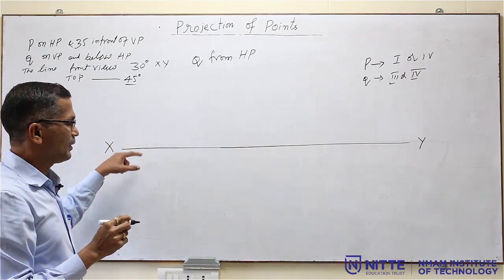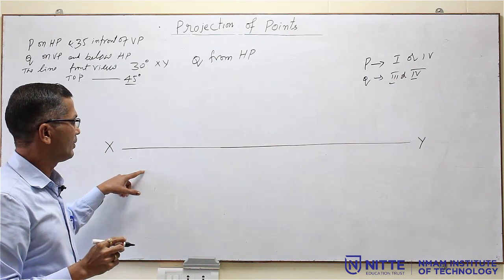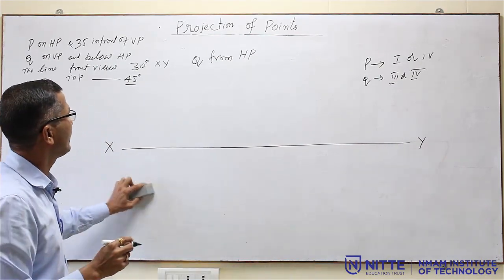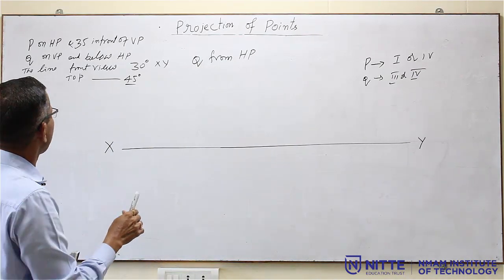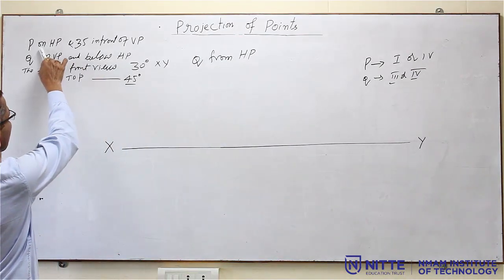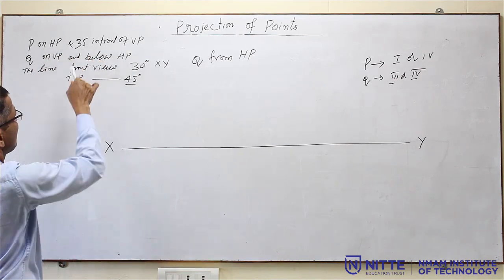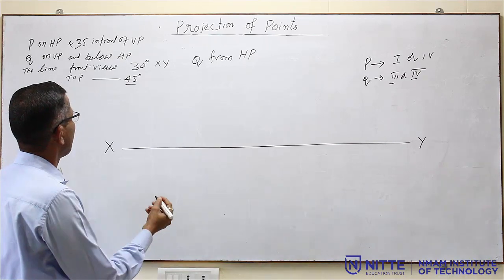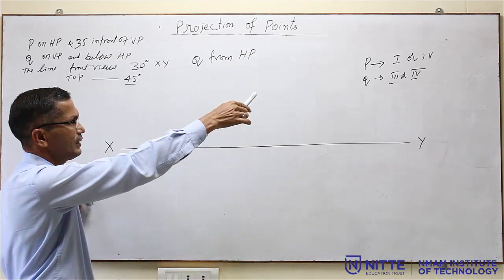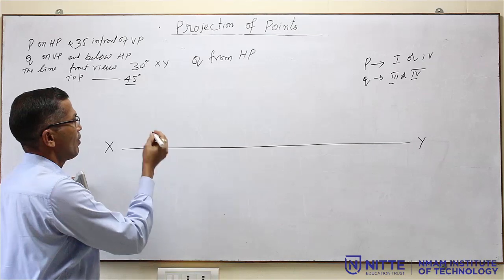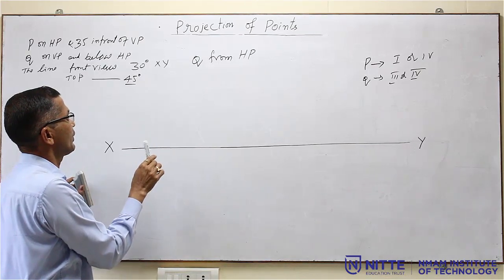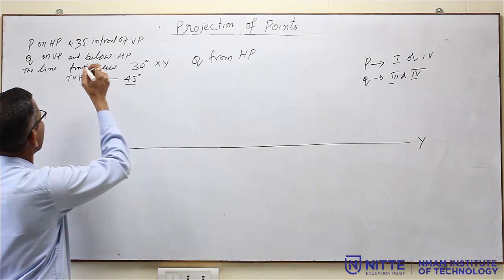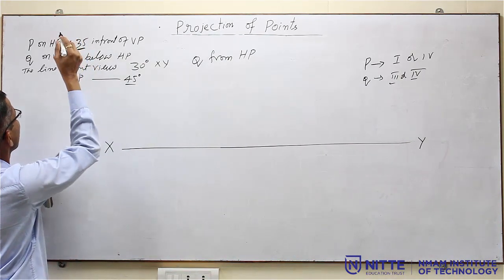So, once again Vp and Hp, it is not necessary to write it, because we are going to solve two problems on a single xy line. First you solve the point P, because they are given both the distances Vp and Hp. P is on Hp and in front of Vp. So, I will take this as the first quadrant. Point P belongs to first quadrant. What is that first quadrant? This is Vp, this is Hp. So, what is the Vp distance? 35 mm.